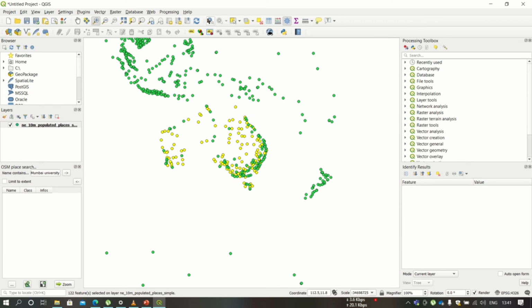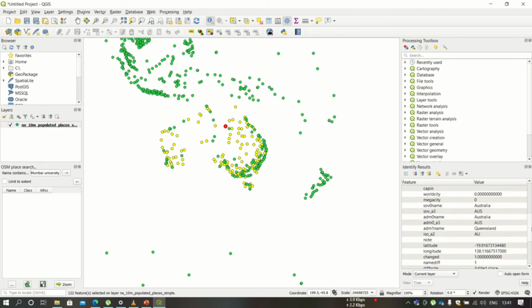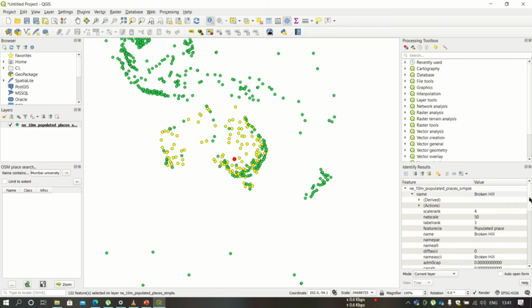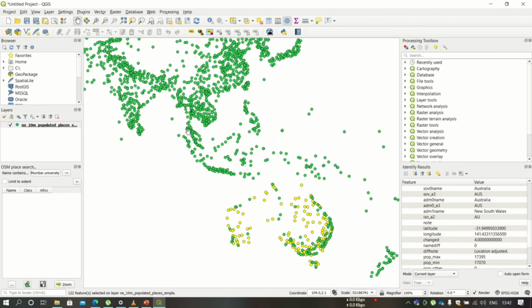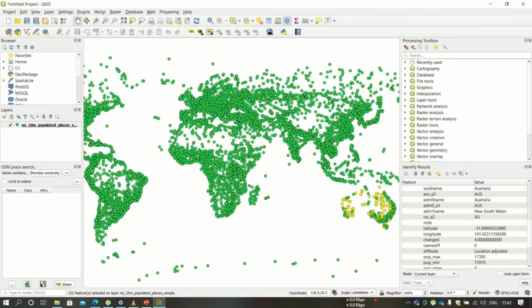So only the Australia region has got these points highlighted. You can click on this eye tool and you can check the values for pop max, the attribute that we are using in our analysis. So you see only these yellow color dots are showing the values in between 100 and 10,000. The other dots like green color dots are having values either more than 10,000 or less than 100.